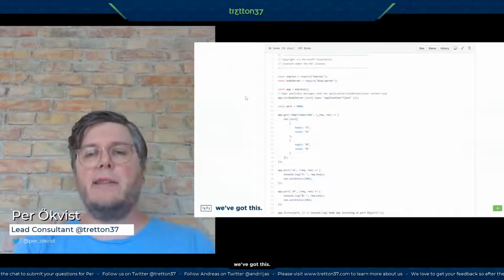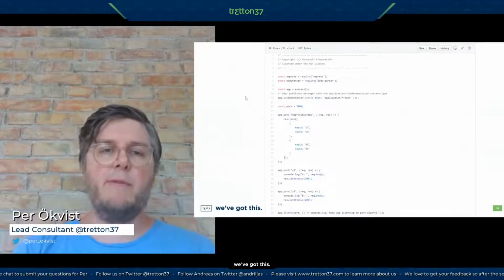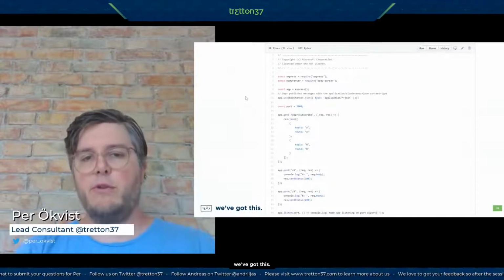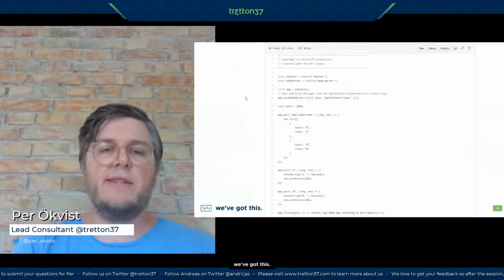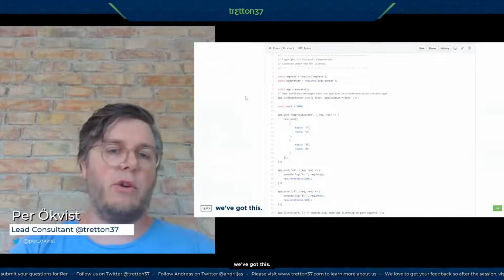So this is basically it. If you run the sidecar, you have a pub/sub component, and if you don't have one already, Redis is the de facto go-to when you have local development.